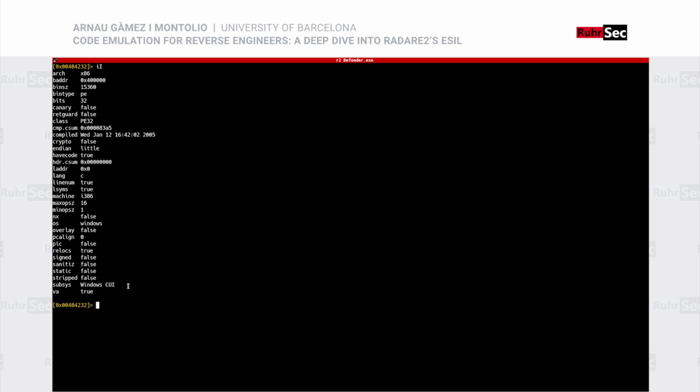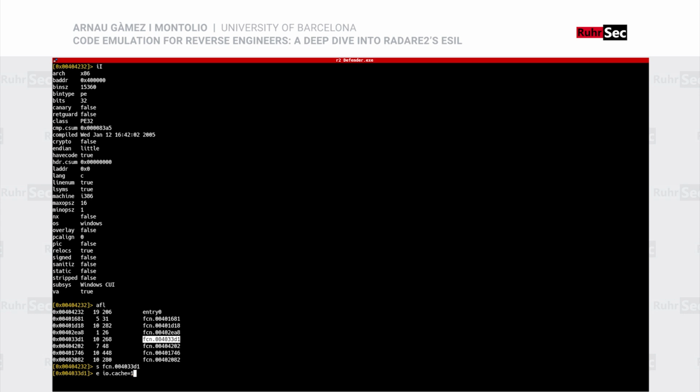How can we do this? So let's just again list the functions. If you remember, this was the function that was performing that. It was just before the encrypted code we have seen, and it looked like it was doing the encrypting and decrypting process. So we'll just seek in there. And then now I will enable the IO cache. And this is what I told you at the very beginning, that we have a way of kind of writing on the binary, but without